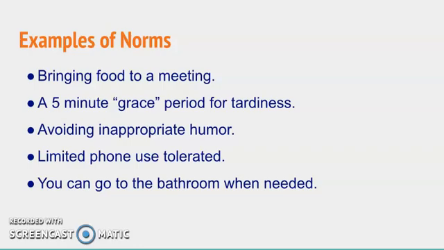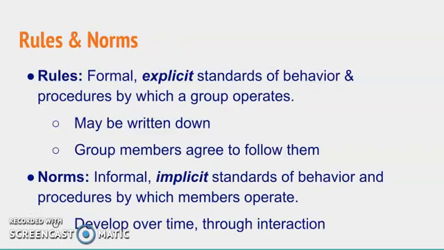So you are always revisiting both group rules and group norms to figure out if they're working for you and if you want to make any changes. And at the very beginning, it's crucial that you set up some clear, explicit standards of behavior for rules, and then you go into it keeping your eye on norms as they progress. Like a norm could be that you ended up canceling a bunch of meetings. That's bad. That's going to hurt your group. So you have to reevaluate over time which ones are working, which ones we want to keep doing, and which ones we need to adjust.